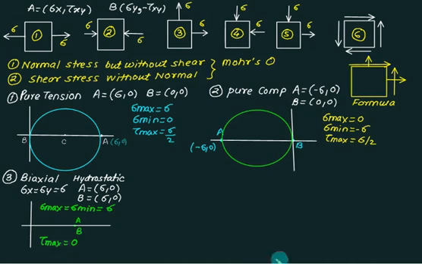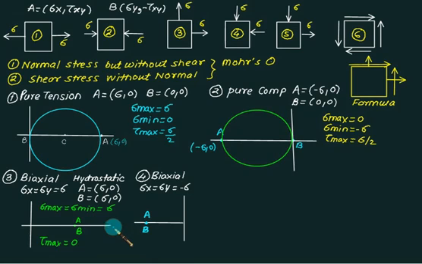By definition of principal plane. Now we'll go to the question figure number 4, where we again have two equal like stresses, but both are compressive. So it is again a case of biaxial, and sigma x and sigma y both are equal to minus sigma. So coordinate of A will be minus sigma comma 0, and coordinate of B will be minus sigma comma 0. So this time the Mohr circle will be a point, but it will lie on the negative sigma axis. So almost the same idea again.